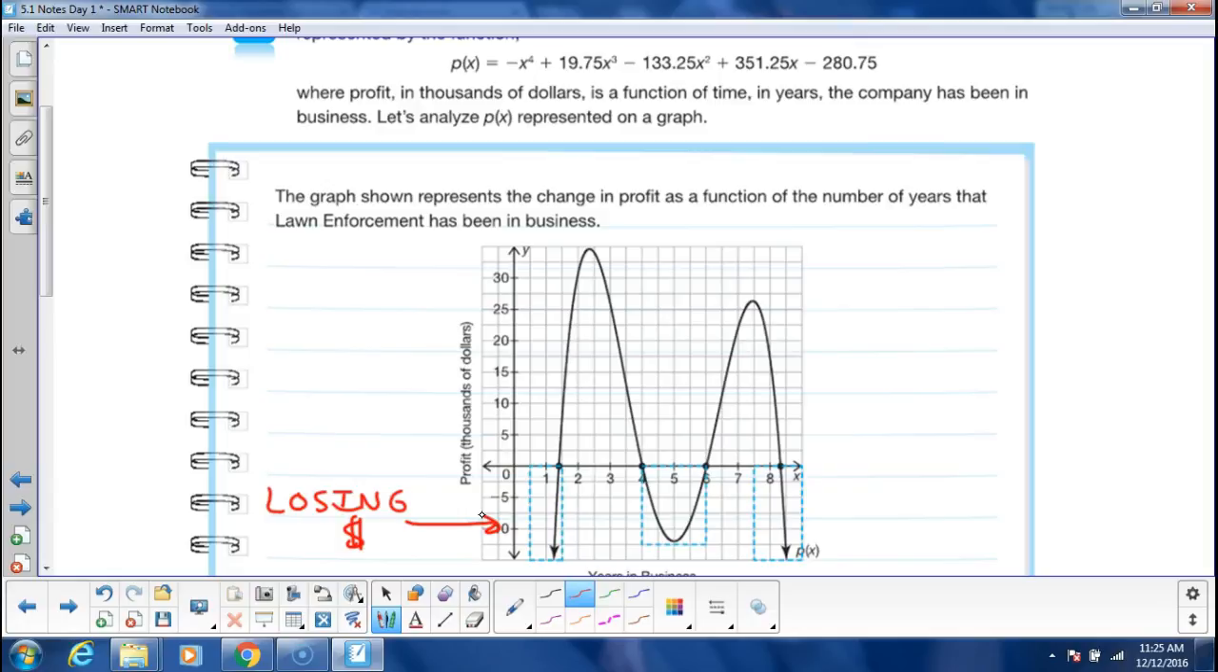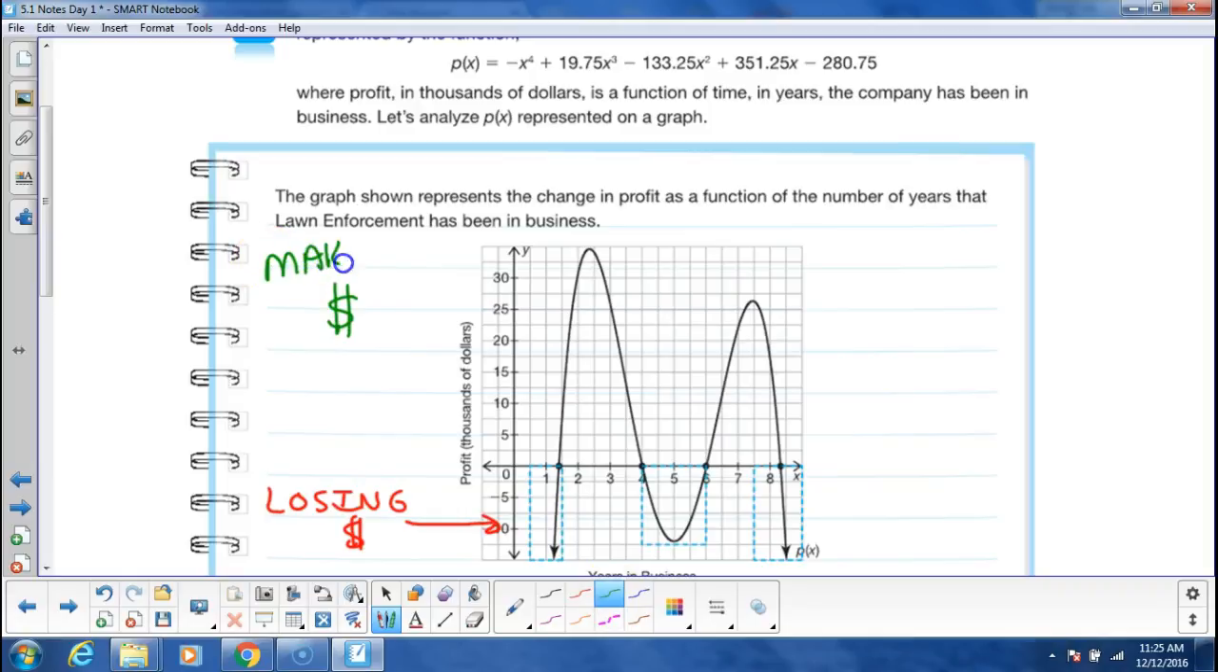And now we're making money again starting when? 6 years. 6 years we start making money. Okay? And then what happens? Stock collapse. Okay? Never know. Another big business comes into town. Maybe we get a drought. Okay? Something like that. So we lose a ton of money after that. Okay? So we're making money